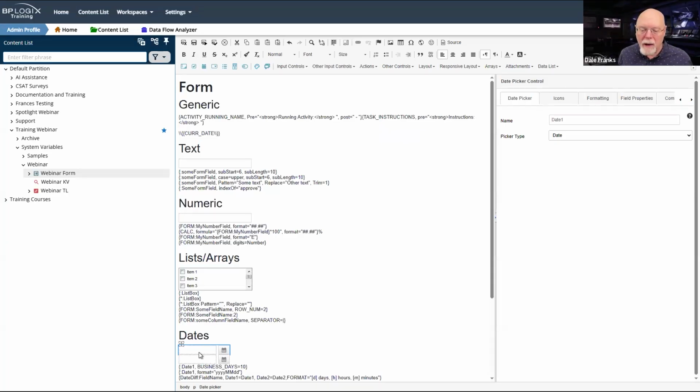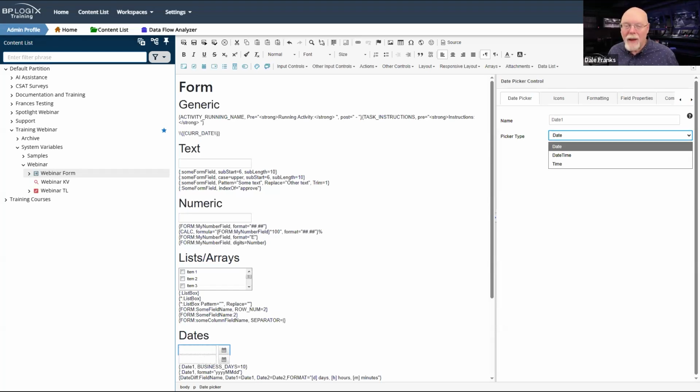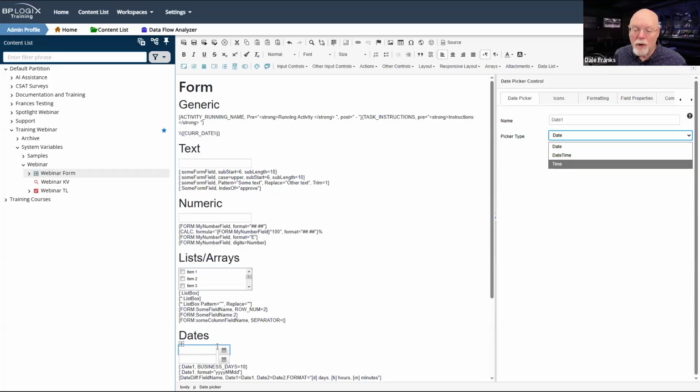Because if you put a date picker on a form and you set it to the type of date time, that will work, but it's only going to give you the time in 1 hour increments starting at midnight. So if I wanted to have a date field on a form and I wanted to increment in 15-minute increments, and I wanted those 15-minute increments to start at 8:30 in the morning and end at 5 p.m., I can't do that with a standard date picker that I would pick from right there, my date picker control. I have to write the control tag.